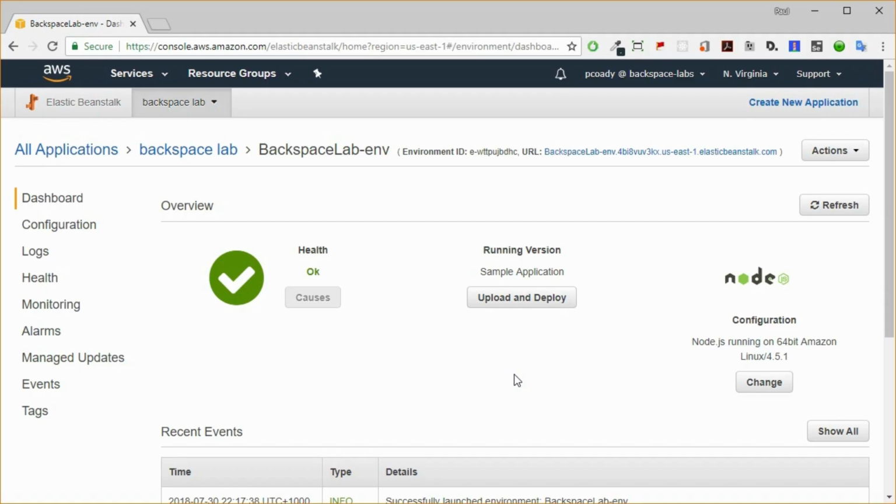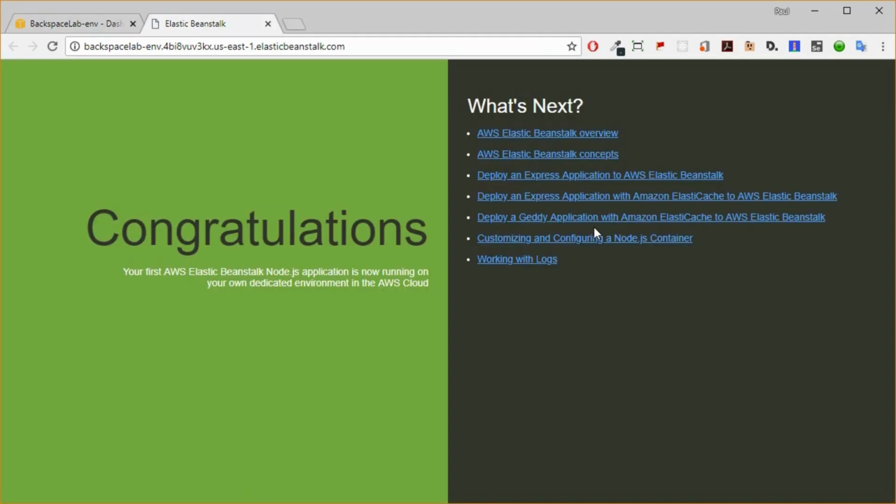Okay, so after a certain amount of time, our environment has been launched and we've got the big green tick there. Now what we can do is go to this endpoint up the top here, which will be the URL for our web application. So we click on that, and there we can see the sample Node.js application from AWS. Now that will be deployed to a HA and FT architecture. What that means is it will have an auto-scaling group, and EC2 instances will be launched by that. And it will also have an elastic load balancer as well.